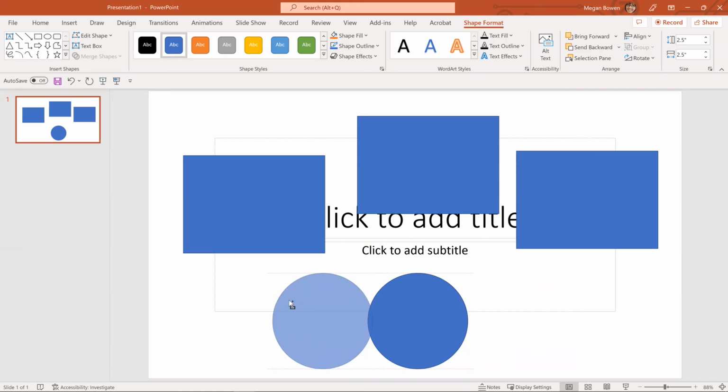Now notice it's constrained to that horizontal plane, or it could be to the vertical plane. Because I'm holding down the Shift, I'm keeping that more even. There are other alignment tools, but this can be a lot faster and easier way for us to do that. So those are some of the handy keyboard shortcuts as you're working with a presentation,